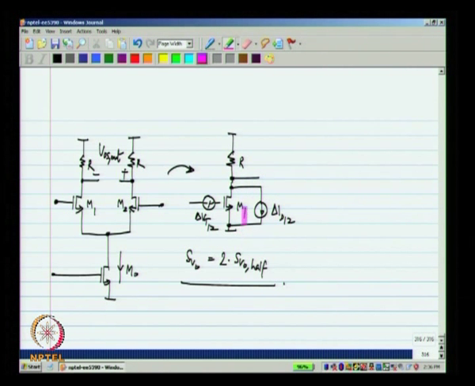Here delta ID12 is the absolute mismatch in the absolute current, and that is equal to I naught by 2 times delta beta. Delta beta is the mismatch in current factor between these two. There is no threshold voltage mismatch. The current mismatch between the two transistors would be simply the quiescent current times the change in beta value. Similarly, the effect of any mismatch in the resistor, okay, can be also represented by an equivalent current source